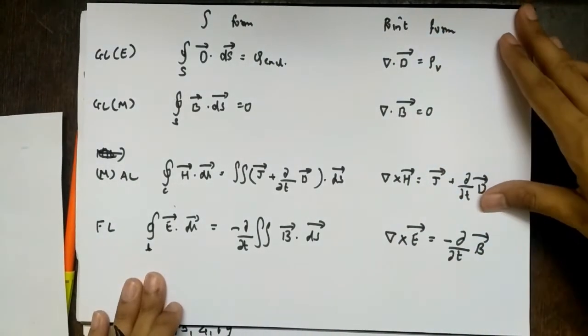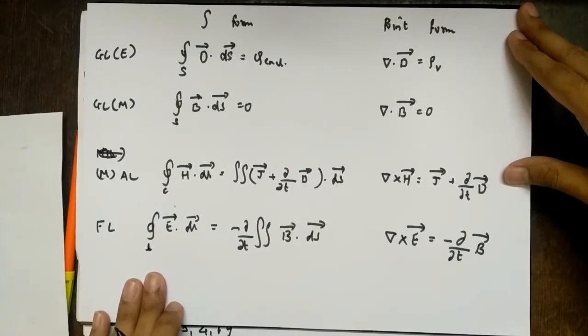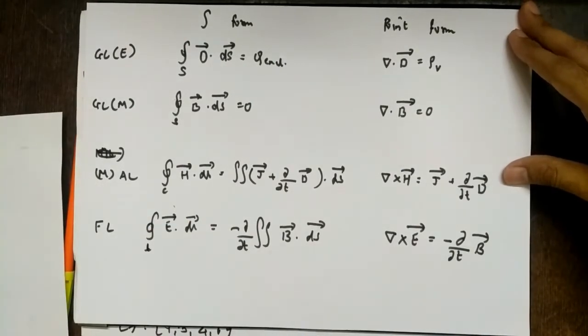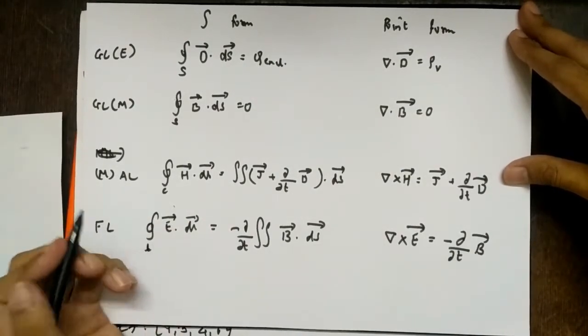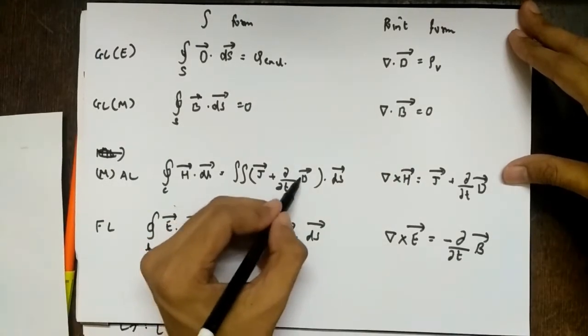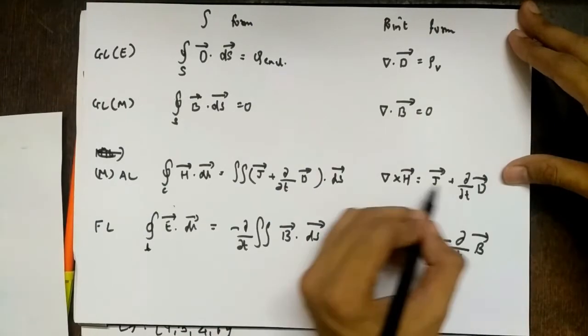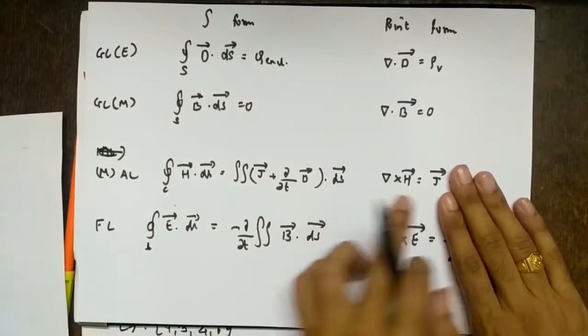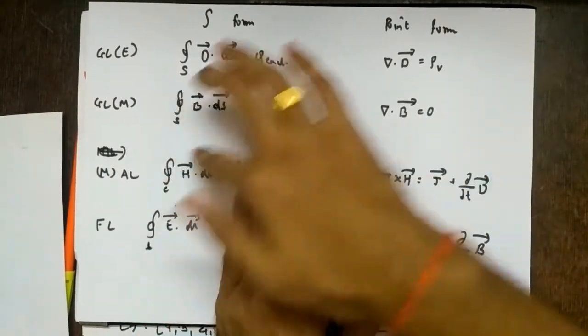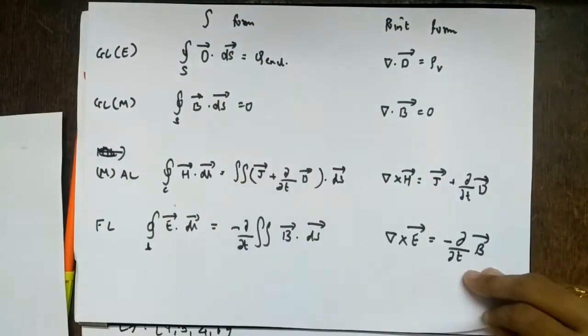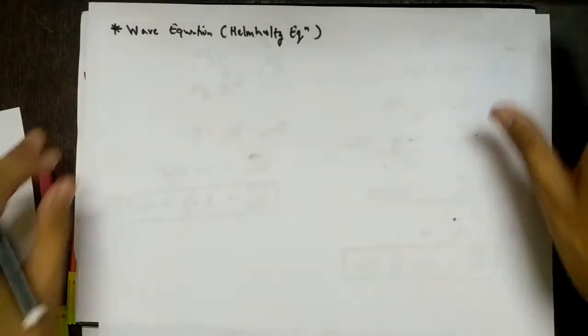So these are the Maxwell's equations, and remember they are for time varying fields, right? And what we do for static fields, wherever we see dabba by dabba t, that term goes away. So this will be 0, this will be 0, this will be 0, but this you will have like this, right? So here also this will go. So this integral remains, but that you should remember, right? So let's start with wave equation, right?